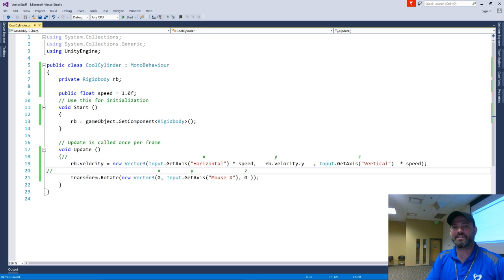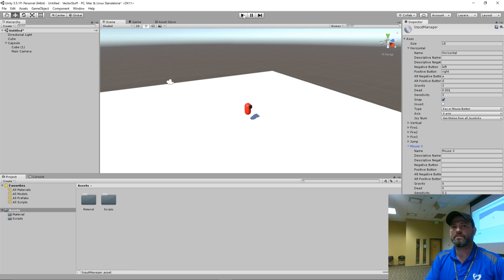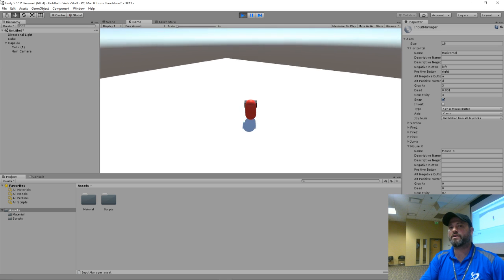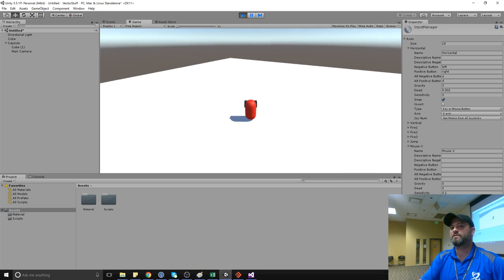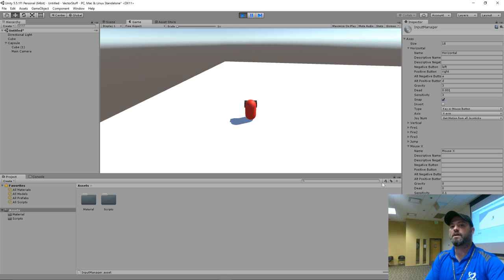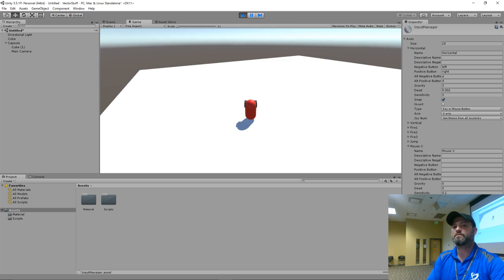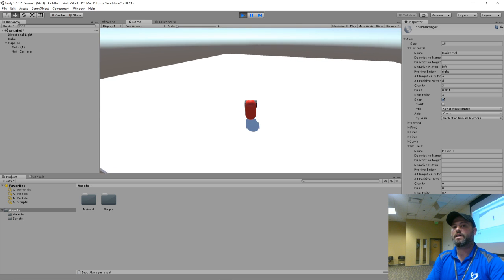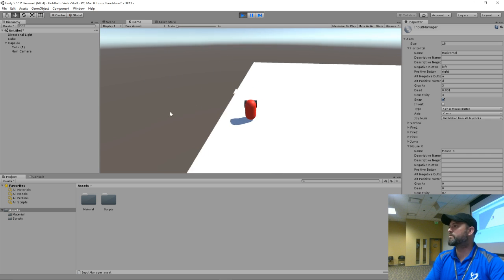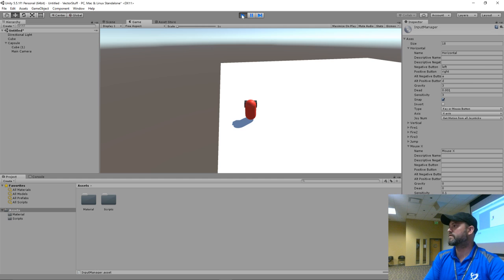So if I'm doing this, I should be able to rotate my character by moving the mouse. All right? So if I do rotate the character, do you see how I rotate, but I'm still holding down W, right? And as I'm holding down W, see how I'm still moving in that direction? I'm not going along my forward. What forward am I going along?